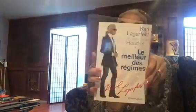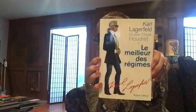And this is Carl's diet regimen. Sorry. This is what he eats. And so people may be interested in that. It is in French, and those are ringing up at a good price on Amazon. Lanvin,